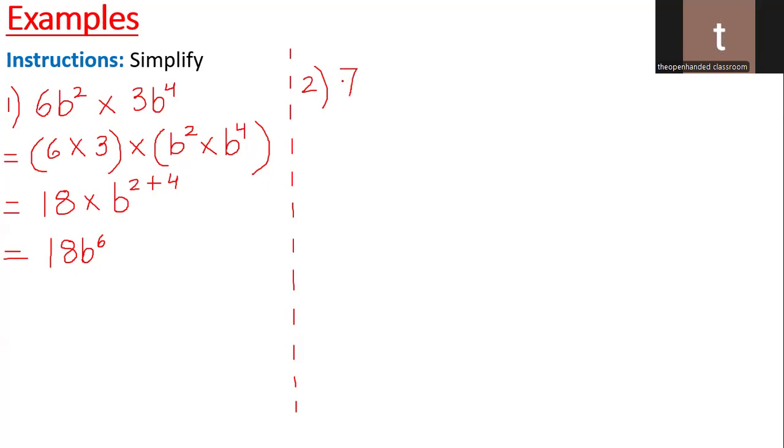All right, so let's go ahead and do the next one. You have 7 h to the power of 4 multiplied by 8 h to the power of 5. Okay, what are we going to do here? Does anyone volunteer to do this one? What are we going to do for this one? I could try it. Go ahead, Juan.